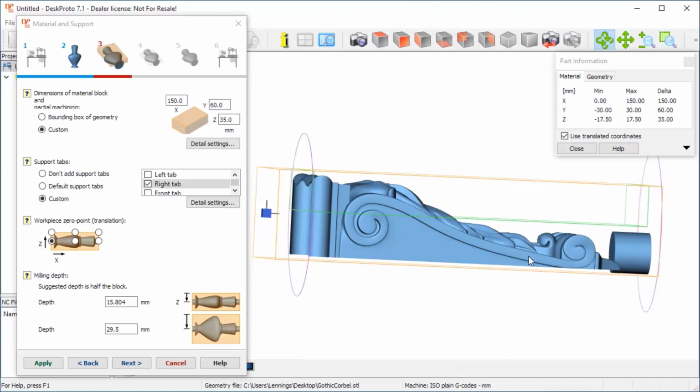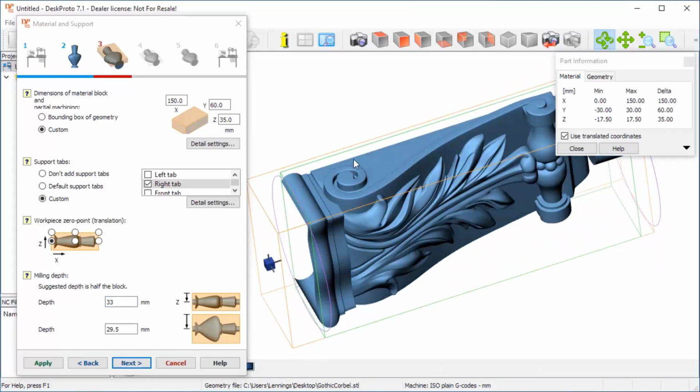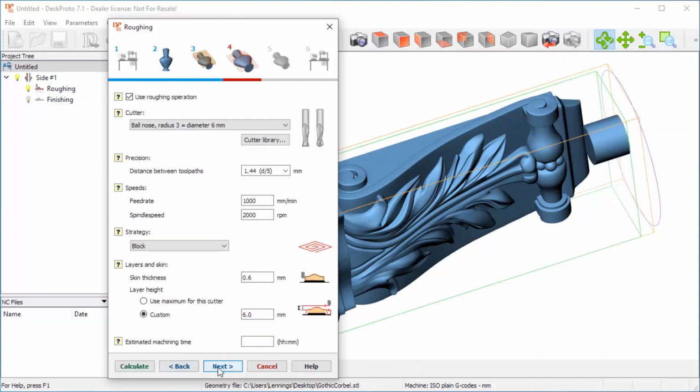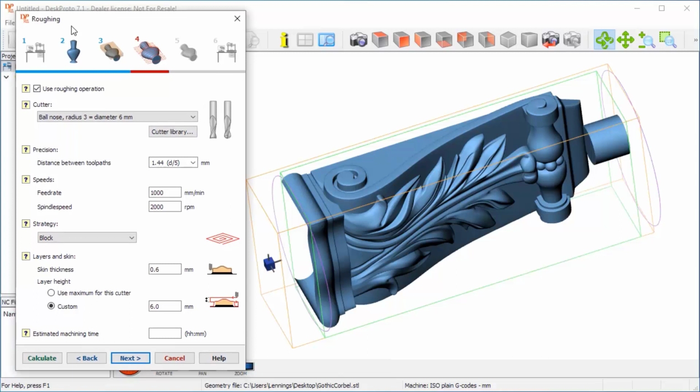My block is 35 millimeters high, so for this side I want to have a depth of 33 millimeters, sorry. And the other two sides, well, they don't need to be machined very deep. A few millimeters is okay to have the relief machined here, so when I have a depth of 5 millimeters there, it is okay. Yes, so when I now press next, you will see that no, that's not true. That will be later. I was too soon. The other parts cannot yet be created as I need to enter details for roughing and finishing first. Okay, I want to do that.